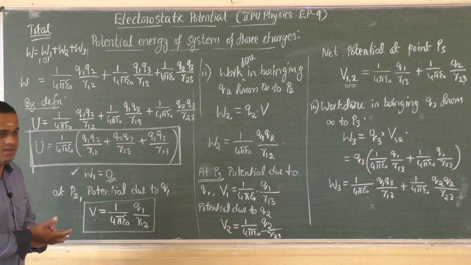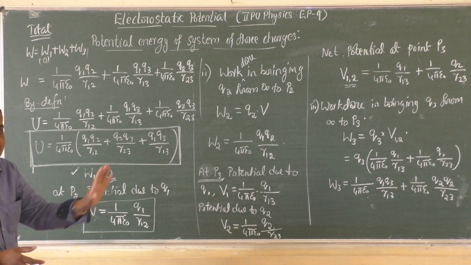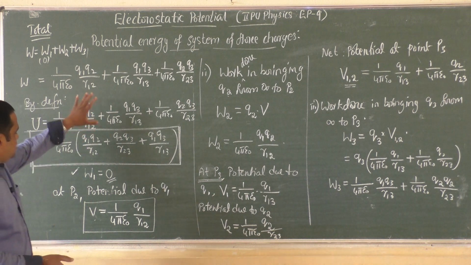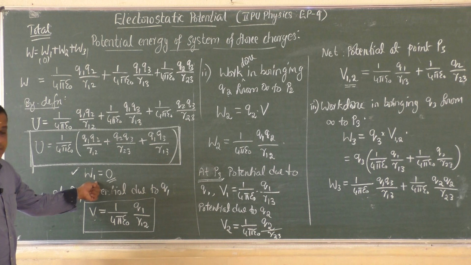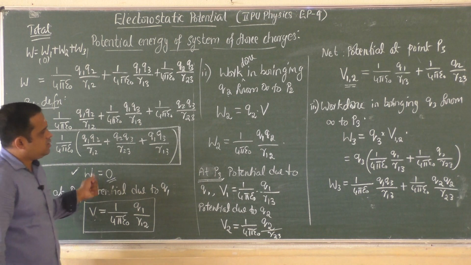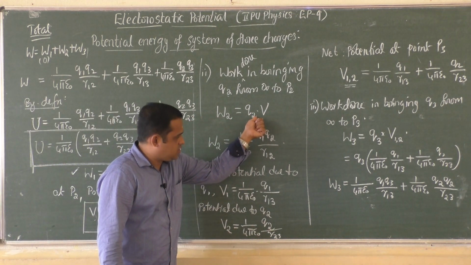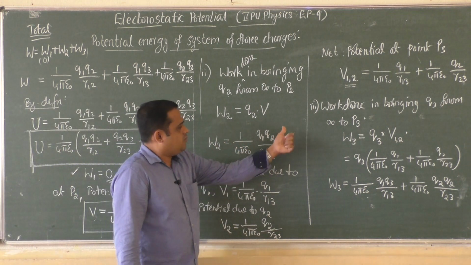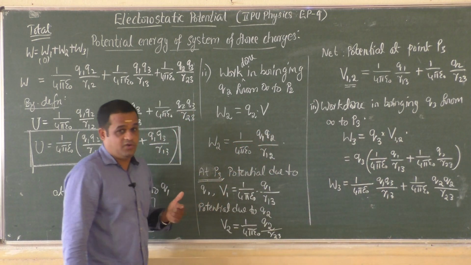I think it is clear. Definition of potential energy of system of charges: work done in assembling the charges itself is the potential energy. In forming the system of 3 charges, work done in bringing the first charge is 0 because there is no external electric field. Work done in bringing the second charge is done against the electrostatic force produced by the first charge, therefore this is the expression. Work done in bringing the third charge is done against the electric field produced by